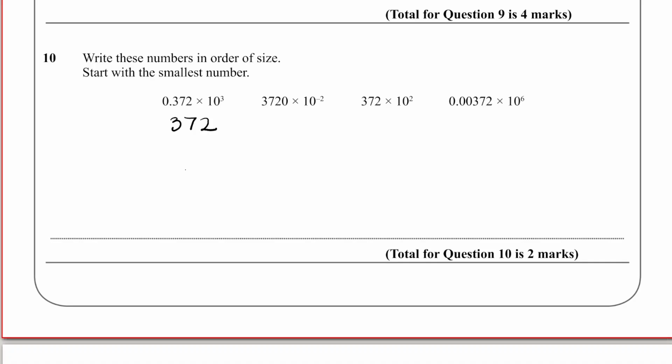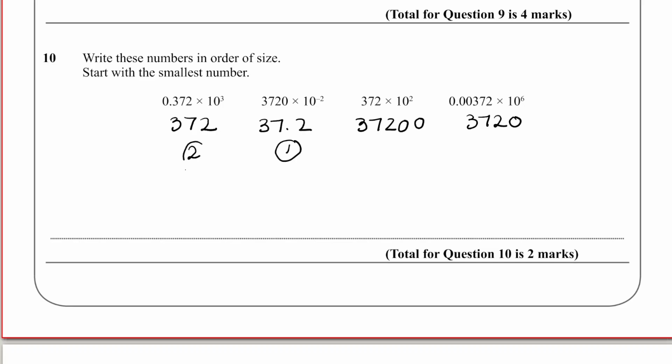3,720 times 10 to the power of negative 2 means 3,720 divided by 10 twice. That would be 37.2. 372 times 10 twice will be 37,200. And 0.00372 times 10 6 times, 3,720. So in order of size, the smallest one is